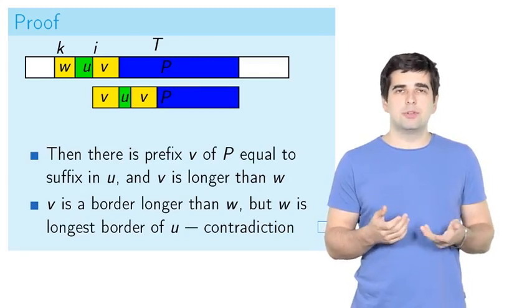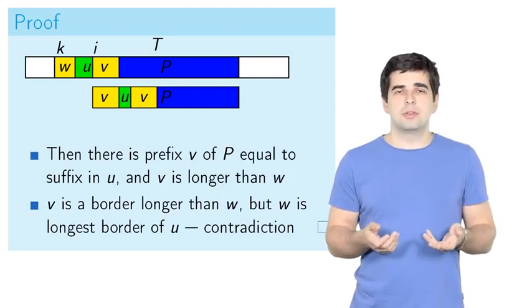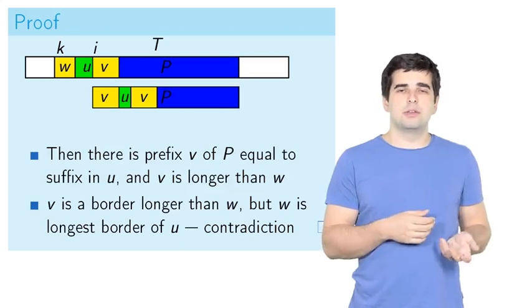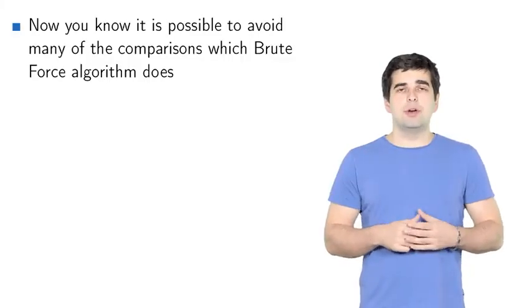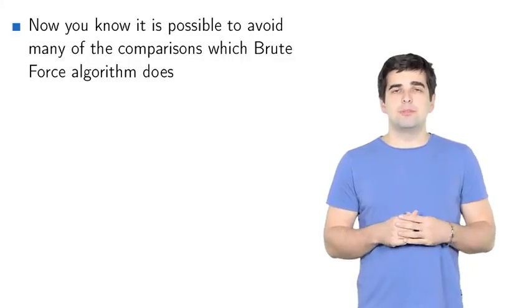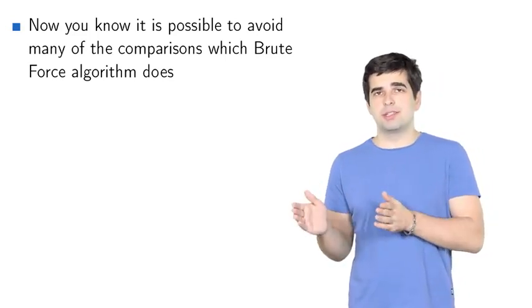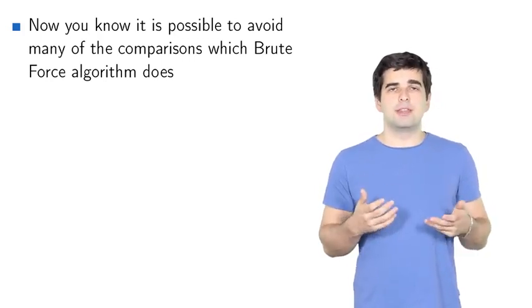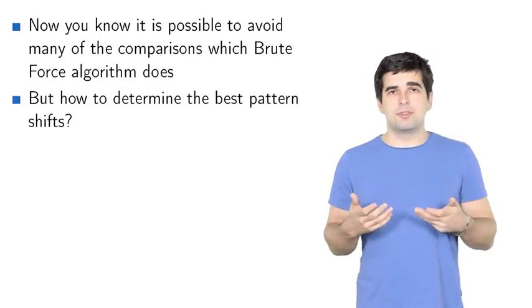To make an algorithm from these observations, we will need a definition of a border. So a border of a string is a prefix of the string which is equal to the suffix of the string of the same length. For example, for string arba, a is a border because the prefix a is equal to the suffix a, and ab is a border of a string abcdab, which we saw in the second example, and abab is a border of